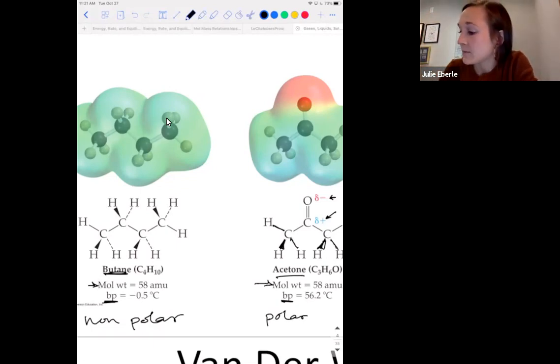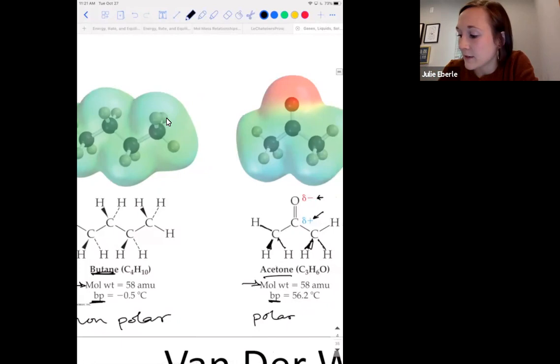All right. Now, what about acetone? Acetone boils at 56.2 degrees Celsius. That is really, really hot. So it takes a lot of heat. So the difference here is over 50 degrees Celsius difference in their boiling points, all because of these little polar bonds between the carbon and the oxygen on acetone. That's a huge difference.